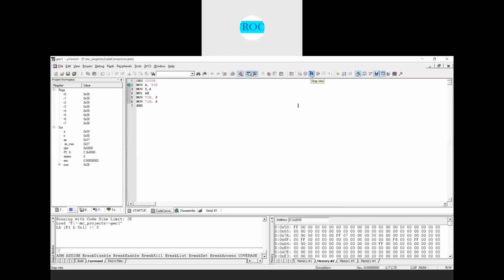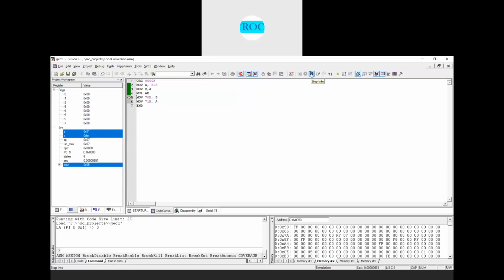First I'll move the content FFH into the A and B registers, so that A is having FF and B register is also having FFH. Now I'll perform multiplication of A and B. The contents of A are multiplied with the contents of B. The lower byte will be stored in the accumulator and the higher byte will be stored in the B register. So B will have the higher byte FE and the lower byte will be stored in the accumulator, 01.